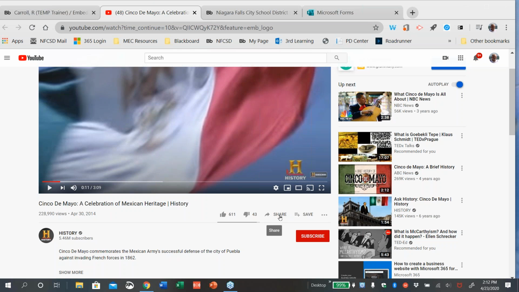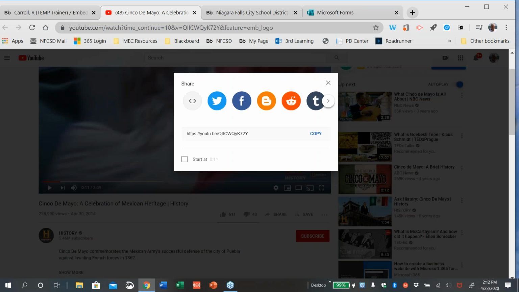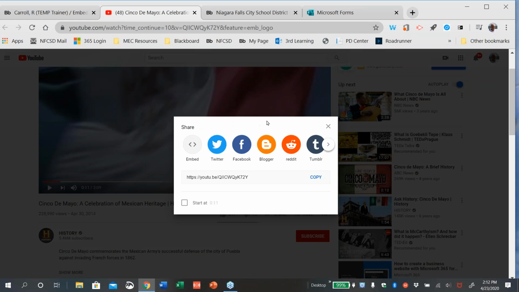You're familiar with that because of the share option in Microsoft Forms. If I click on share, it's going to ask me, how do I want to share this? The option we're talking about is the embed option. Those two little brackets, sometimes there's a little backslash between them, are the recognizable symbol for where we're going to embed that. So if I click on embed,